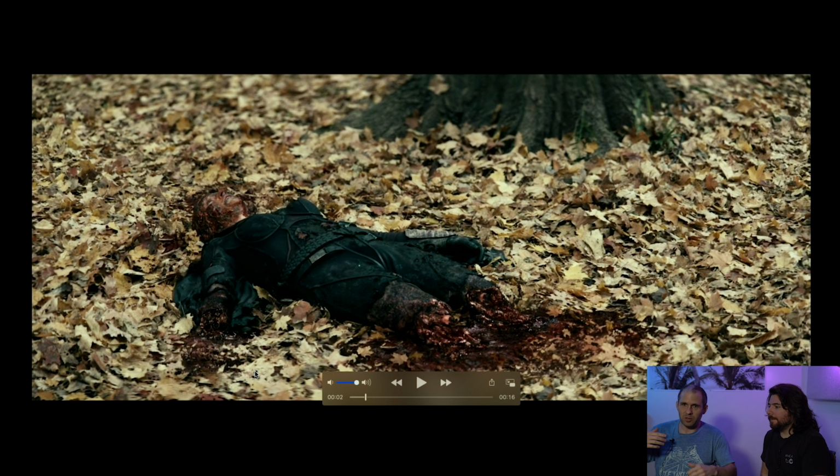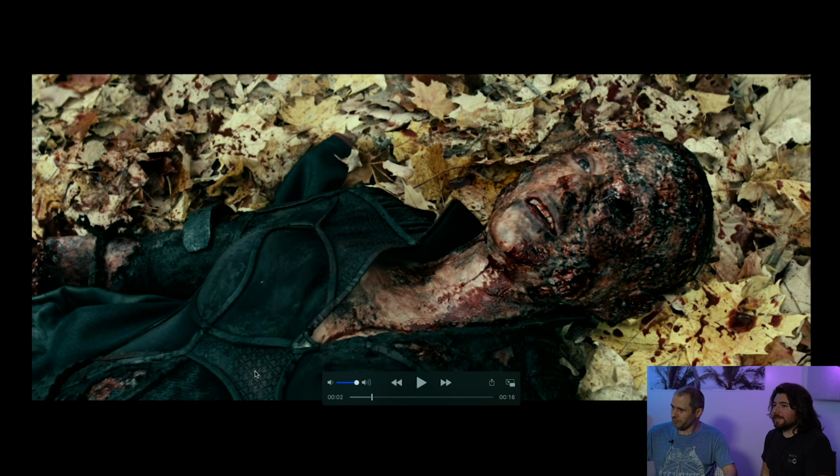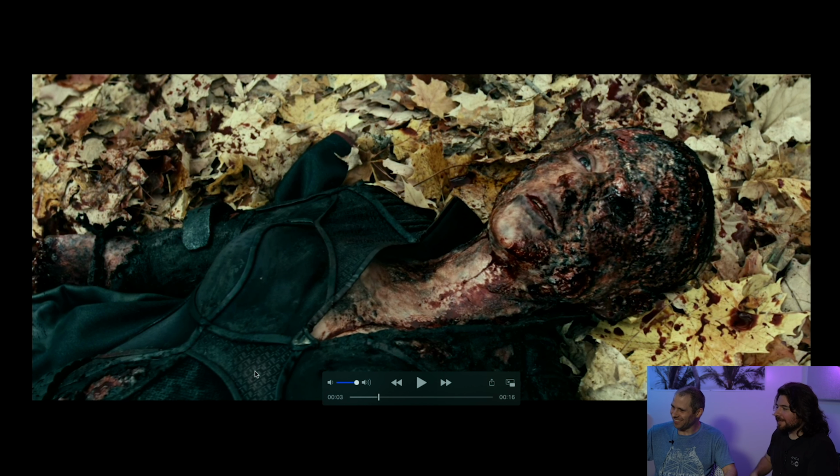But here we're talking about the legs and the arm. They could be doing full limb replacements in certain spots, but what are you thinking? I don't know. I see a lot of leaves there. I feel like they can easily put a hole in the ground and stick the legs down there. Because if you go back to the wider shot, yeah, the wider shot, we see